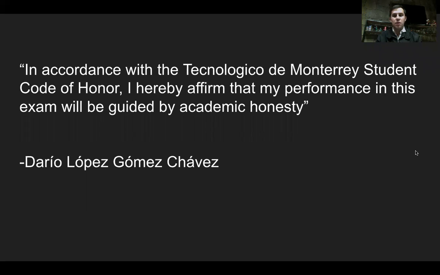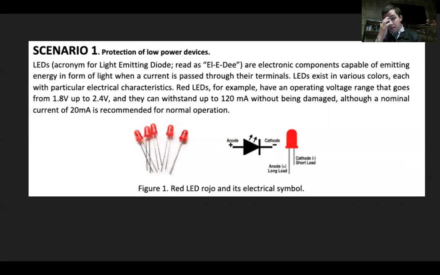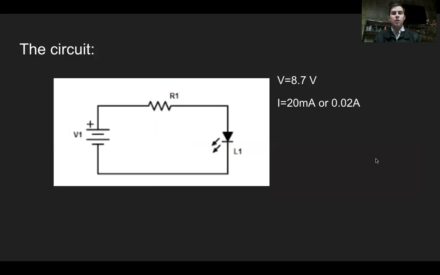Here's the first scenario, in which we want to build a circuit with an LED. The LED works from 1.8 volts to 2.4 volts, and needs 20 milliamperes in optimal conditions and 120 milliamperes in maximum conditions. The circuit would look like this, with a power source of 8.7 volts and a current of 20 milliamps,